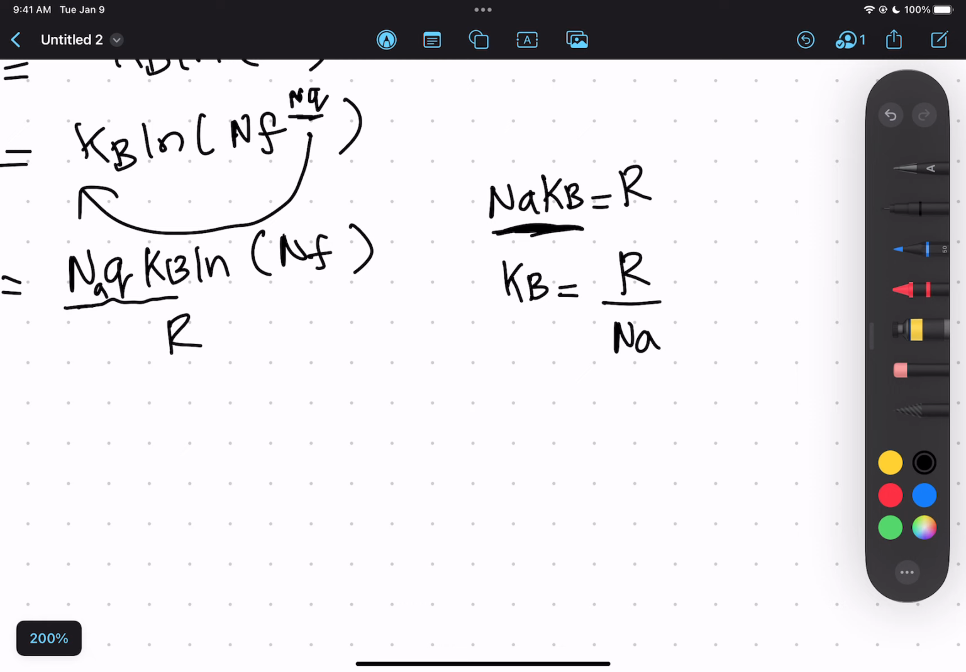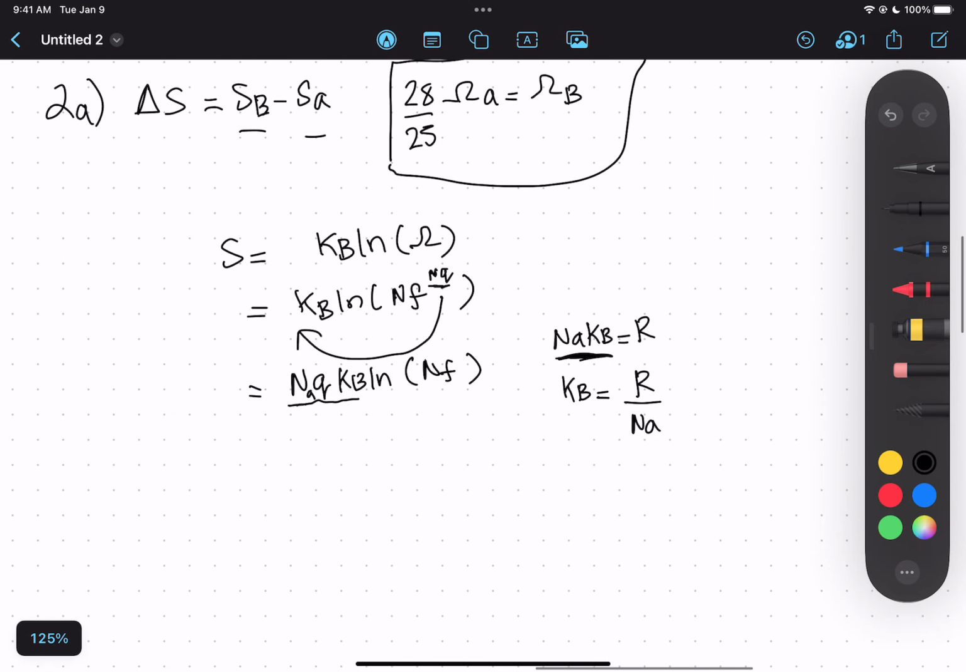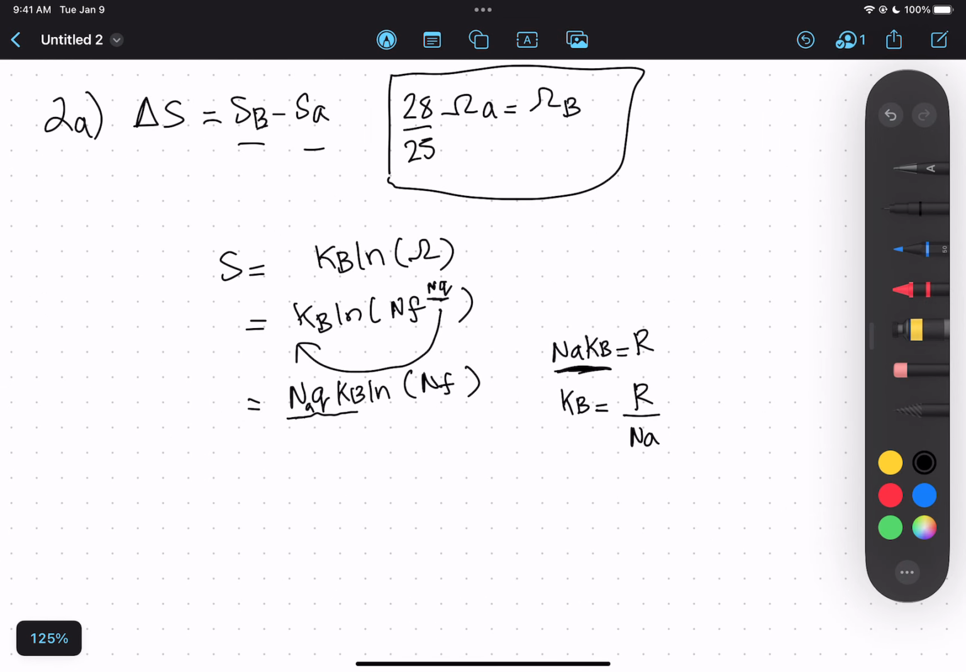Much easier for the calculator to do, much easier for you to input, far less mistakes, right? So that's not too bad. So that's what I recommend going for when you're solving those types of problems. And then another thing too is